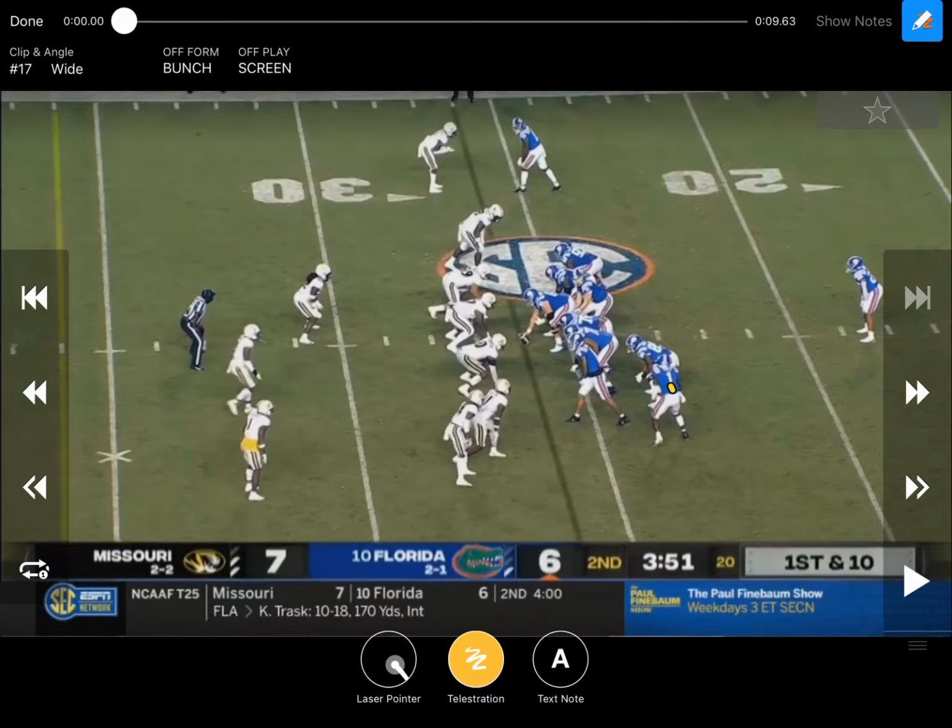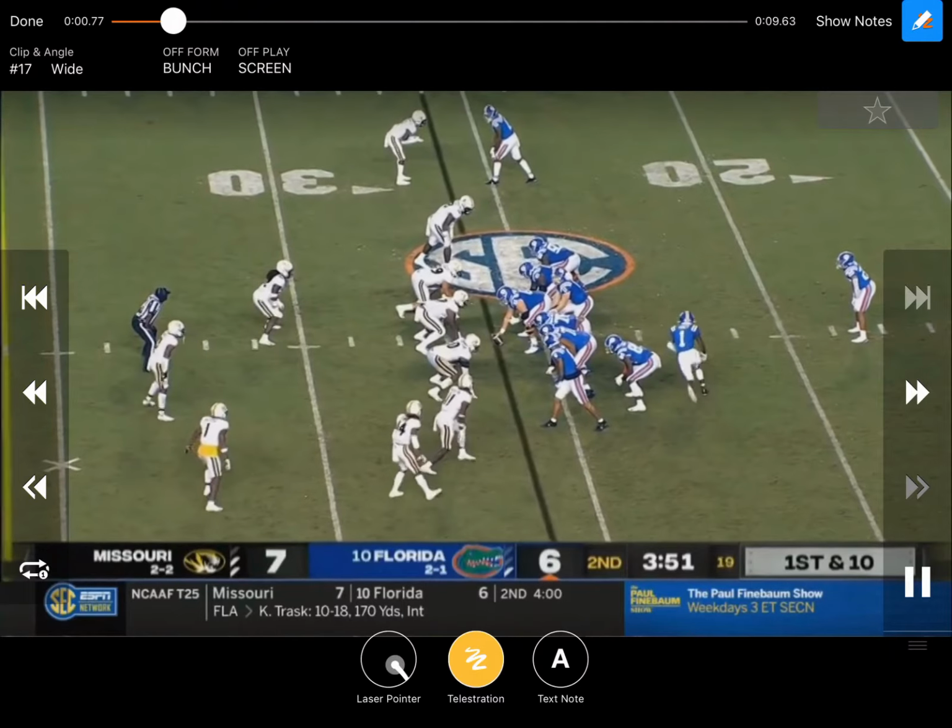In this video, we're going to look at a quick screen from Florida and something that they run from under center. This is a real interesting look, pretty intricate. They ran it twice this past year that we could find, and it was successful once and wasn't successful another time. But what they ended up doing is they motioned their receiver across right here, and they fake